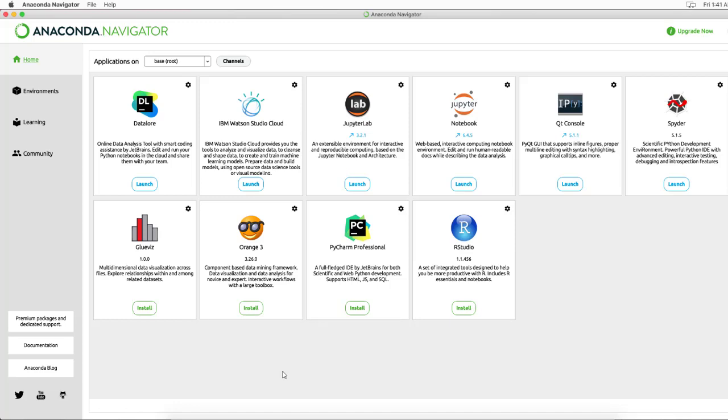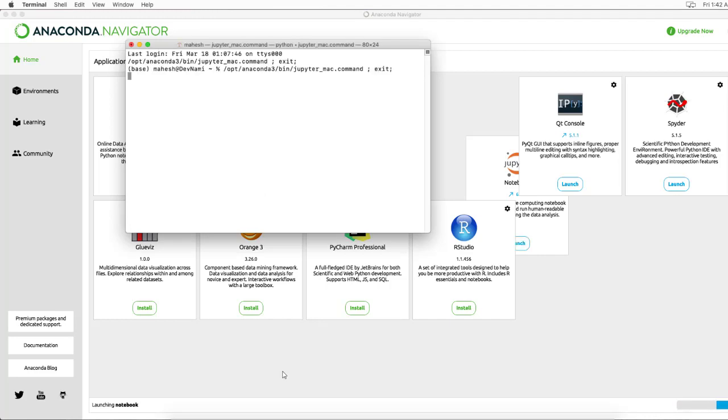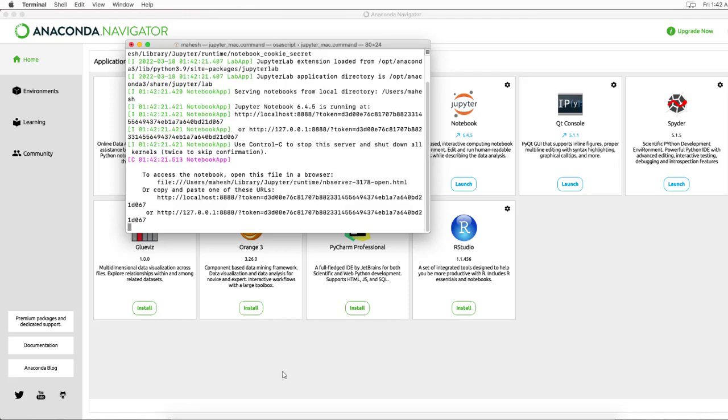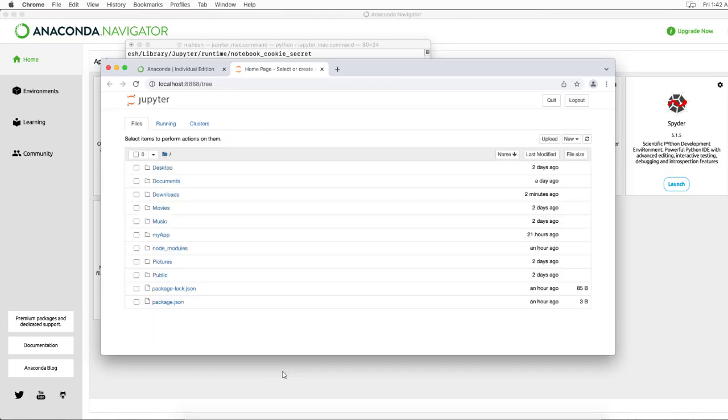One being JupyterLab and Jupyter Notebook. If you want to make use of Python within the notebook interface through Jupyter, you can click on launch, and it should open a terminal instance calling for your Jupyter. The alternate option is to use jupyter space notebook, and that also opens a tab within your browser